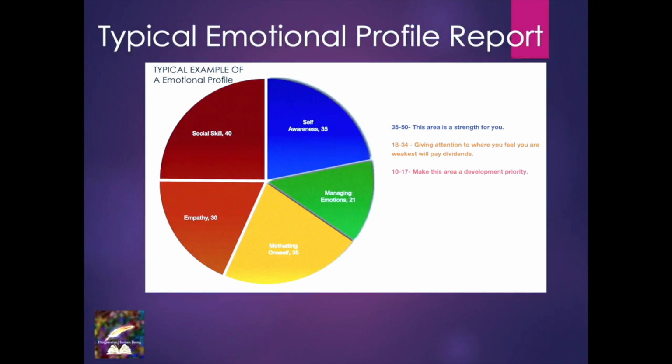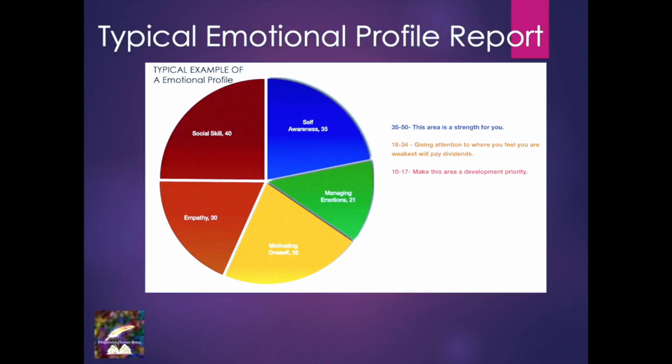As we can see, we have 5 slices of the pie. And what are the areas or a test result, how it looks like? Let's go one by one. Social skill, self-awareness, managing emotions, motivating oneself, and empathy. Now the numbers you see there are the scores. So what do the scores indicate? 35 to 50 indicates this is the area of strength for you. These are your strong